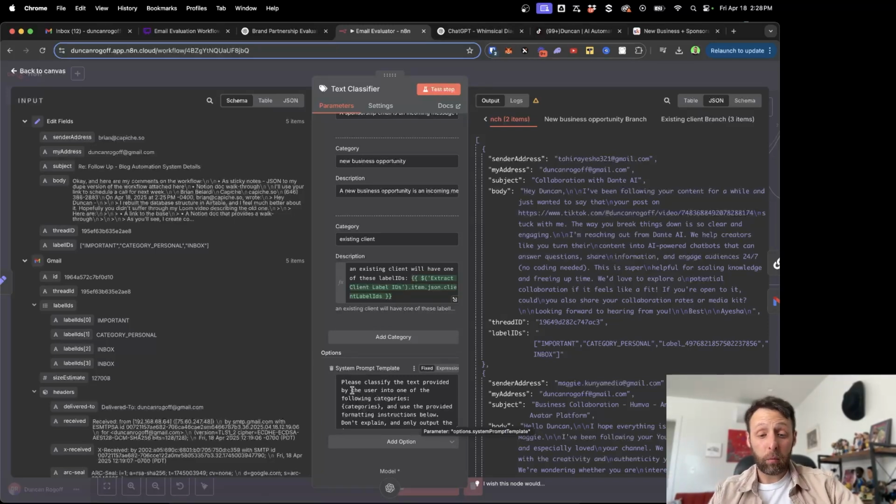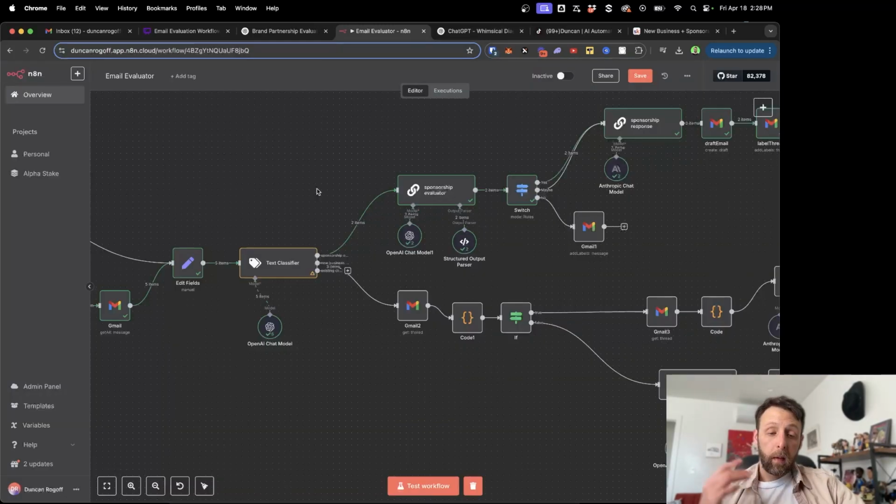And this is just a system prompt that actually comes with the automation. Please classify the text provided by the user into one of the following categories and use the provided formatting instructions below. Don't explain and only output the JSON. Now from here, since we've decided that we have a couple items that are sponsorship opportunities, I've passed it through